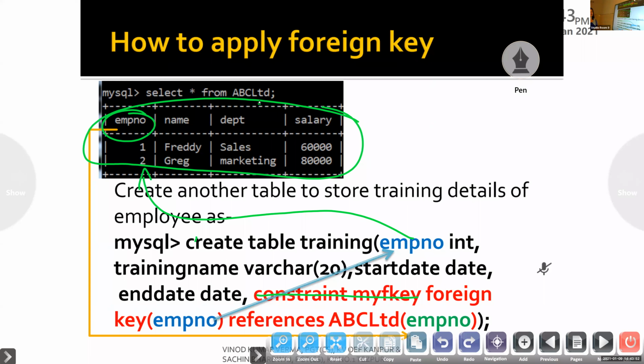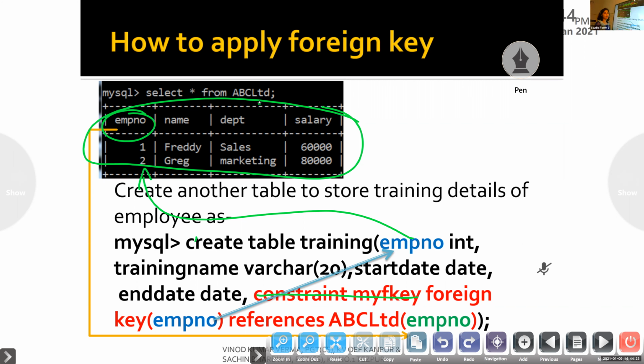That is how you need to write the foreign key constraint: foreign key, references, the original table name, and in brackets, the column. This is how you write a constraint.